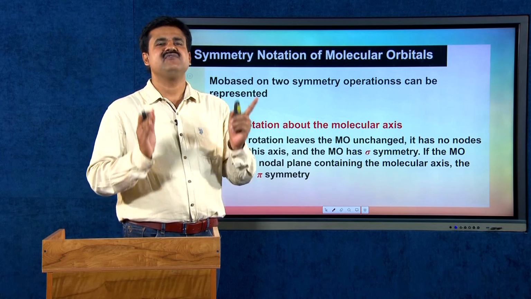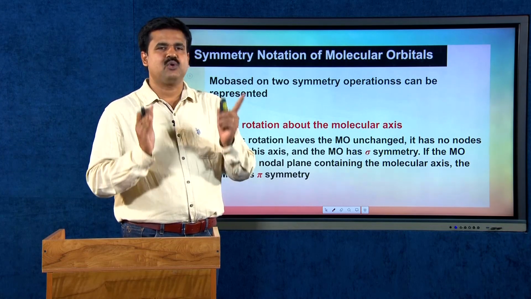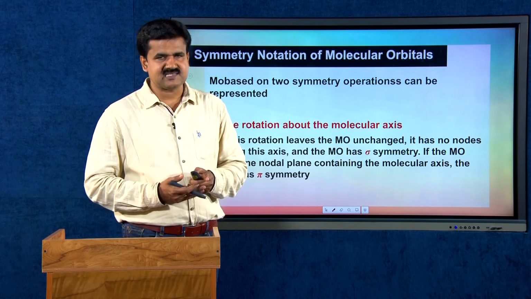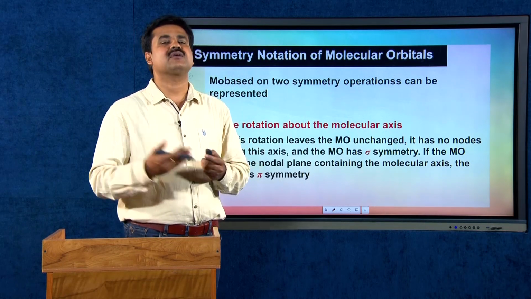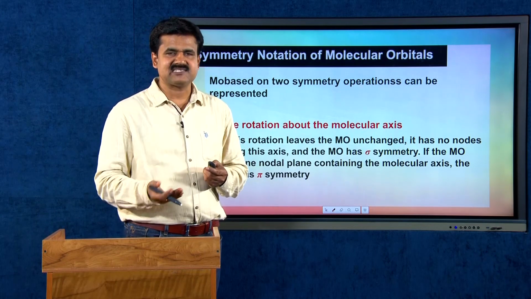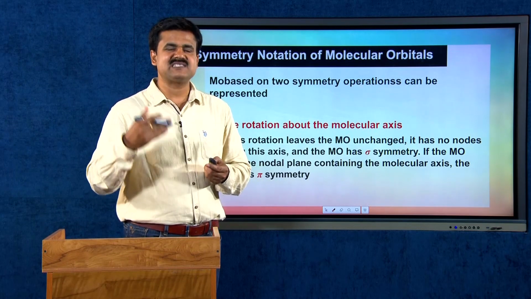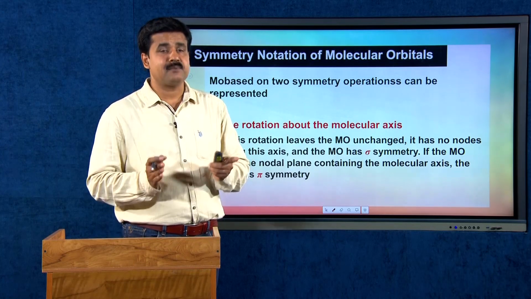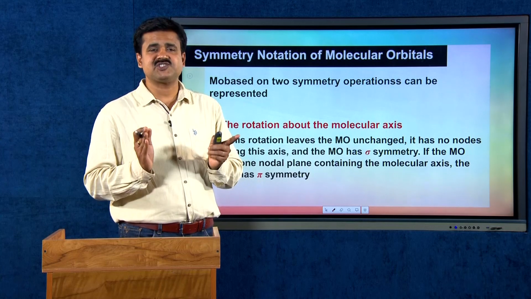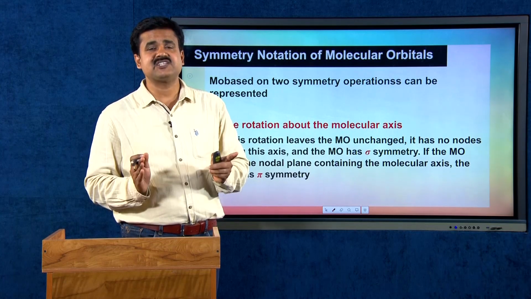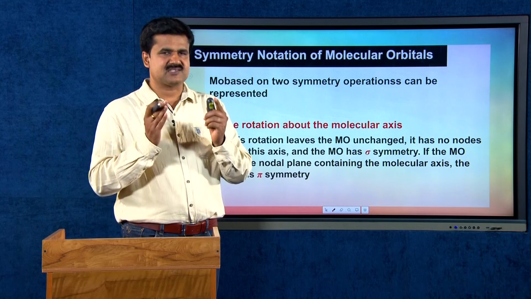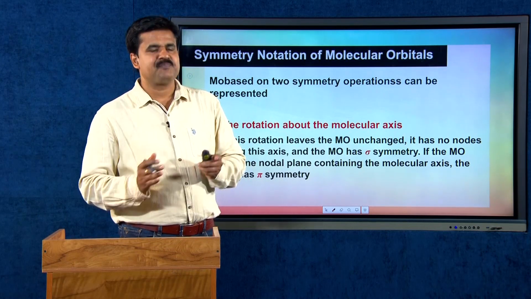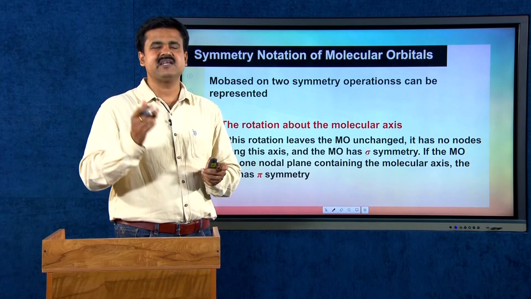Prior to that, we have to understand the symmetry notation of molecular orbitals. We are familiar with many molecular orbitals like sigma 1s, sigma star 1s, sigma 2s, sigma star 2s, and so on. And we need a new notation based on symmetry. That notation is called the symmetry notation of molecular orbitals. So, prior to studying the determination of the molecular term symbol, we have to look at the symmetry notation of